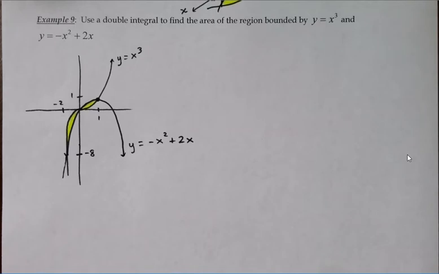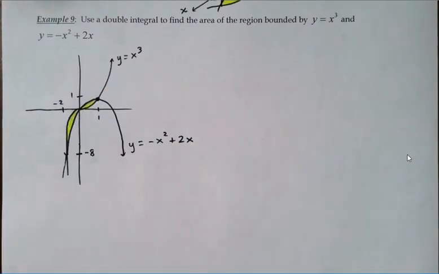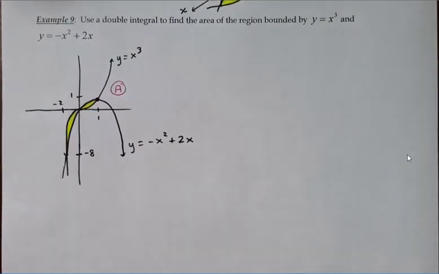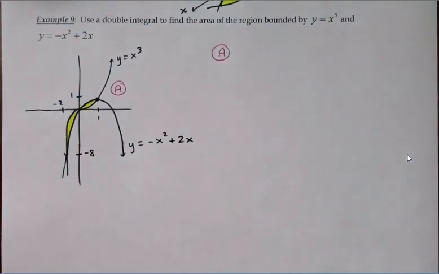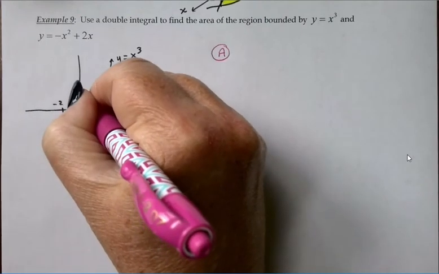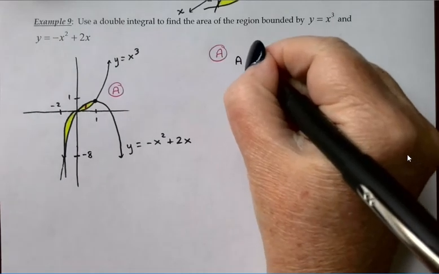All right, so to use a double integral to find my area, I'm going to have to do this in two pieces. I've got a section down here in quadrant 3 and a section up here in quadrant 1. I'm going to do the quadrant 1 section first. I'll call that A. And if I imagine drawing little vertical rectangles here, then my area